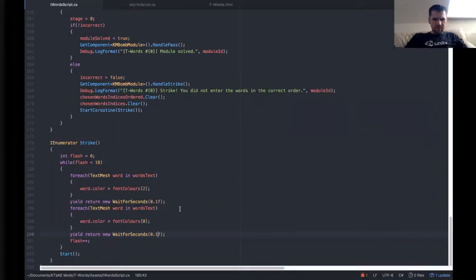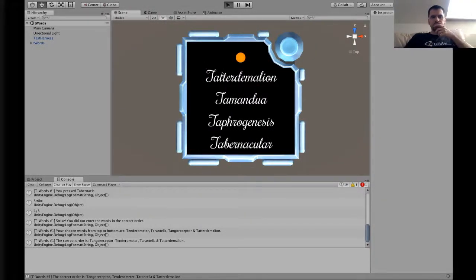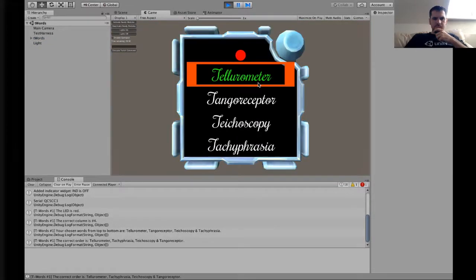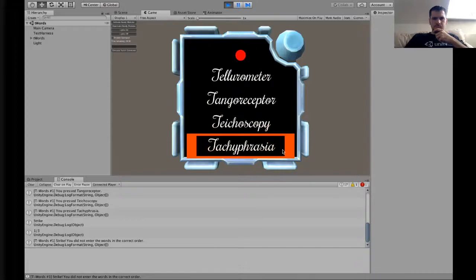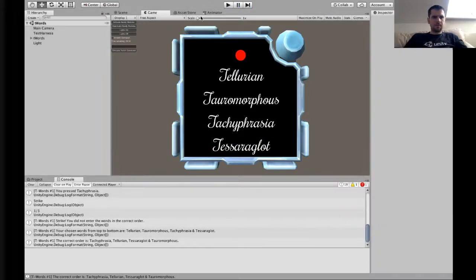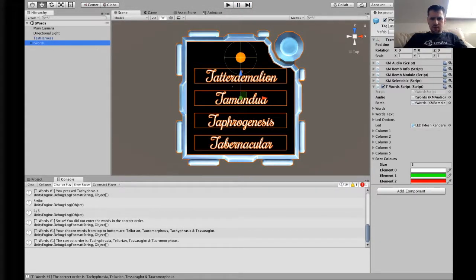That might be a little bit slow. Let's go down by half again and see what we get. That's a bit better. Now I'm thinking, actually, I would like a fourth one because I'd like them to flash between red and invisible rather than between